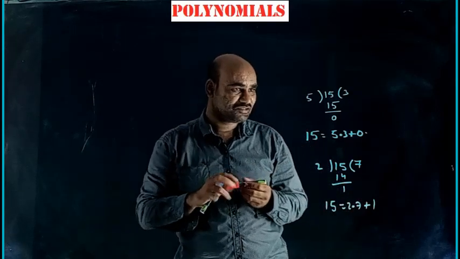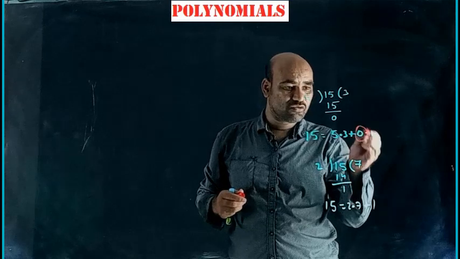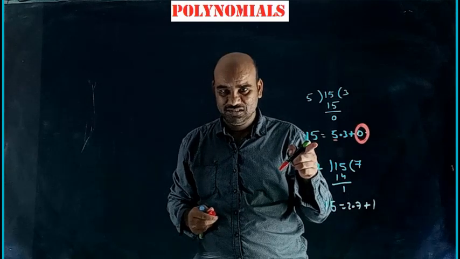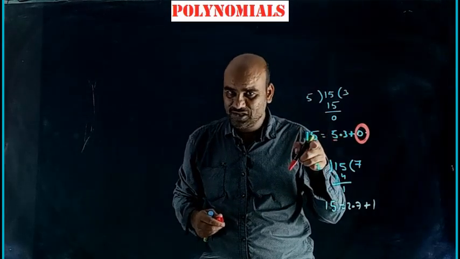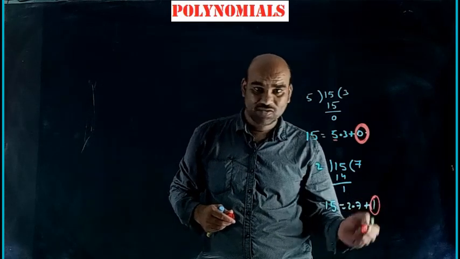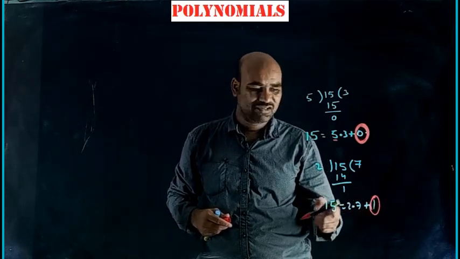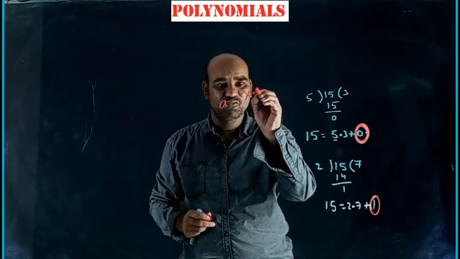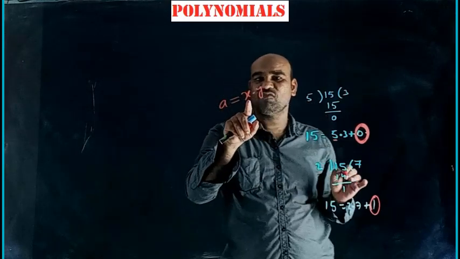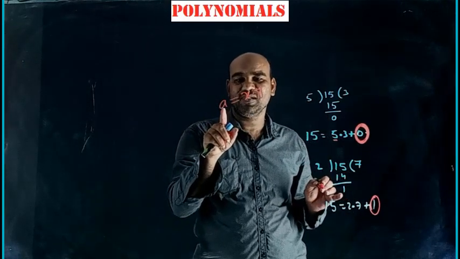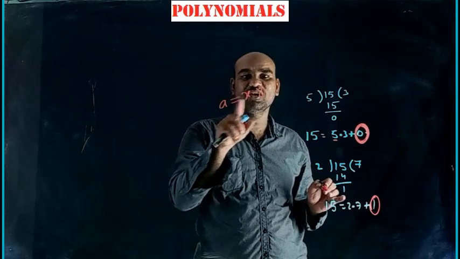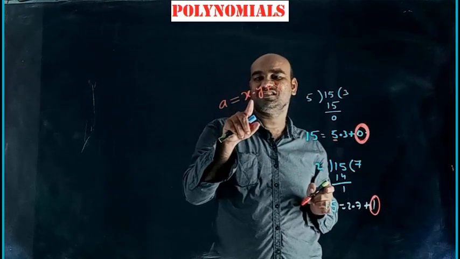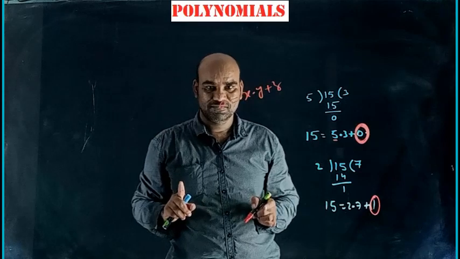So here important thing is, if your remainder is 0, then you can say that 5 is one of the factors of 15. Similarly, 3 is another factor of 15. Here remainder is not 0, it is 1. We can't say that 2 is a factor of 15 and 7 is a factor of 15. That means if a number a can be written as some x into y, then you can say that x is one of the factors of a and y is one of the factors of a, and a is called multiple of x and a is called multiple of y. Plus something, z is given. If z is not equal to 0, then you can say that x is not a factor of a and y is not a factor of a.